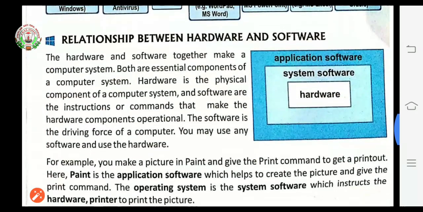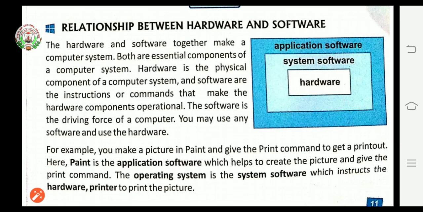Now the relationship between hardware and software. The hardware and software together make a computer system. Both are essential components. Only when both work together will the computer system work.